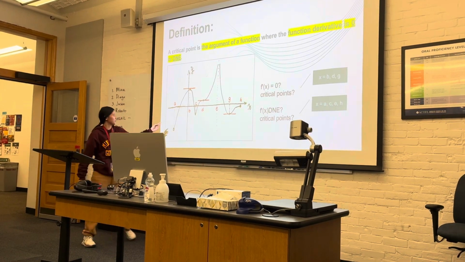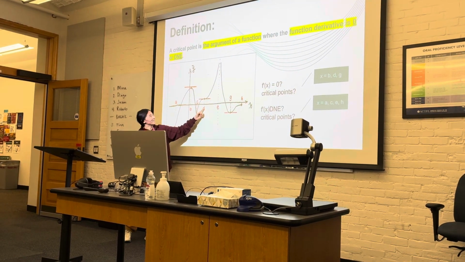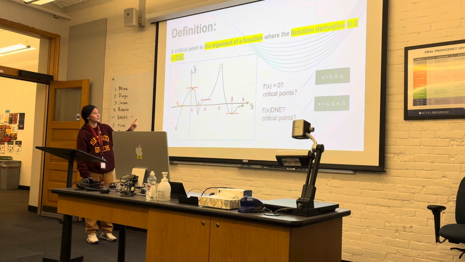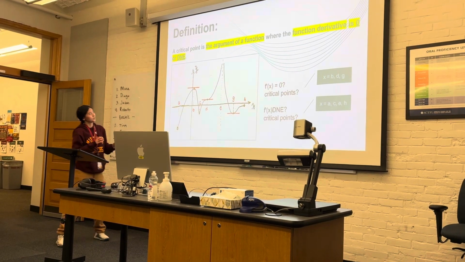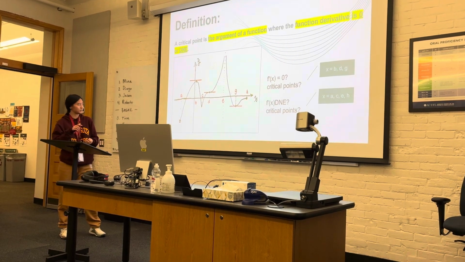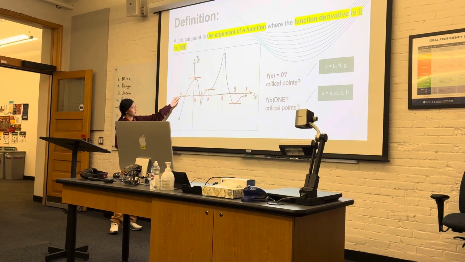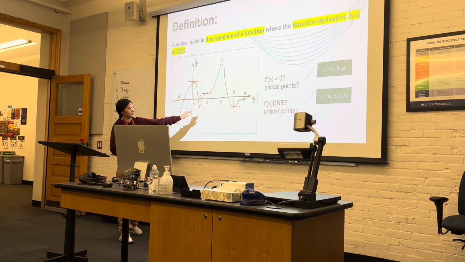So you can find this point, and the critical point is the x, not the whole point, because the argument of a function is just x, the x on the x-axis. So you just put this, and